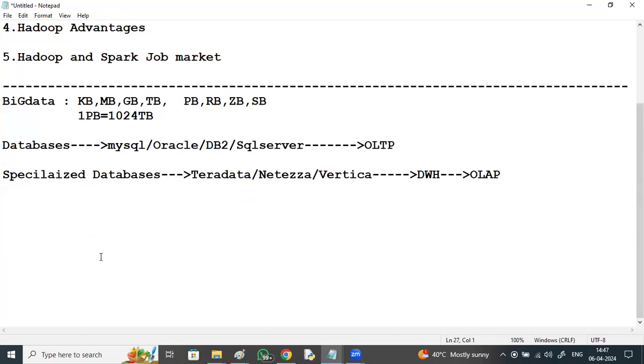they cannot handle the data. So as a solution to all these storage level problems and processing level problems, we have a framework called Hadoop. Before I go into the services of Hadoop,